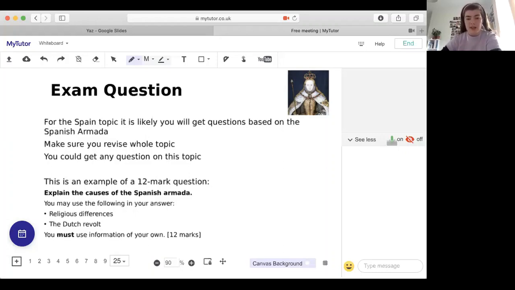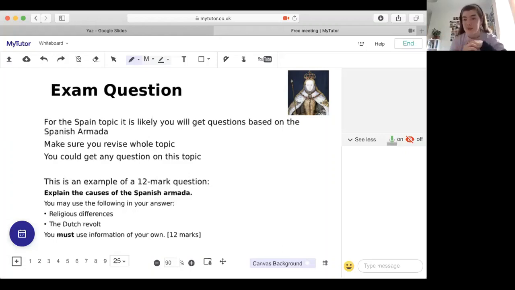So some of you have started to put in your answers. For a 12-mark question, you don't need to come to a judgment. You don't need to evaluate. You just analyse and explain using your subject knowledge. To get a level 4, which is the highest level, you must include the additional point, which is why I've asked you all to think of one now.